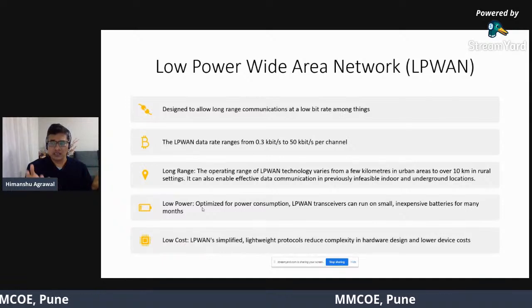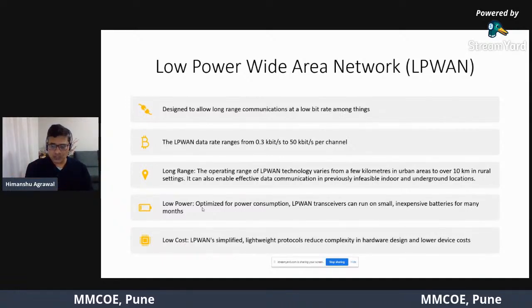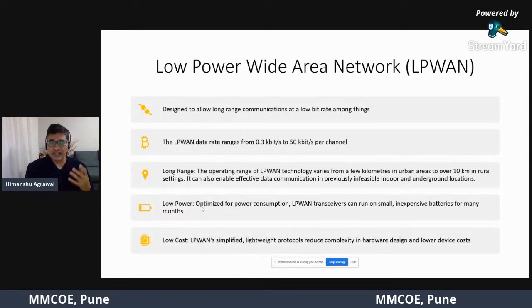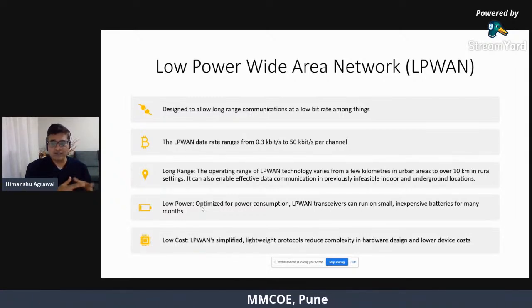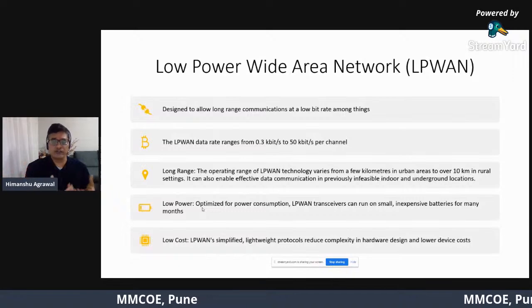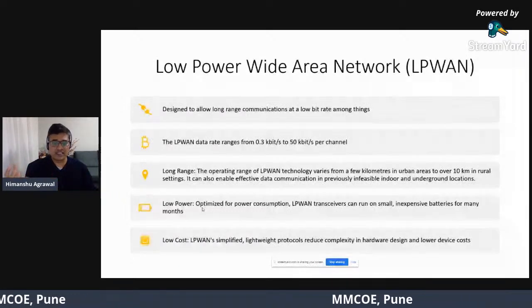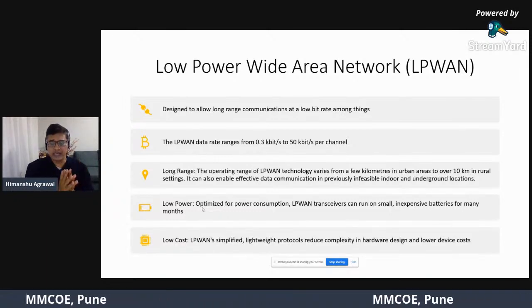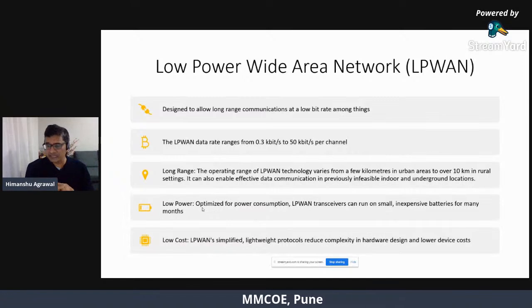And we expect these batteries to last for years. Okay, so this makes this application of low power wide area networking protocol very important, especially for many applications where we have this aim of large scale deployment using low cost IoT solution. Okay, so you can see here it is low cost, and the LPWAN protocol is quite simplified, lightweight, and it reduces complexity in the hardware design.